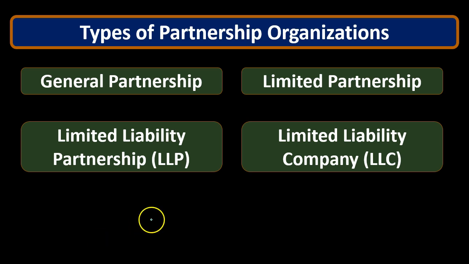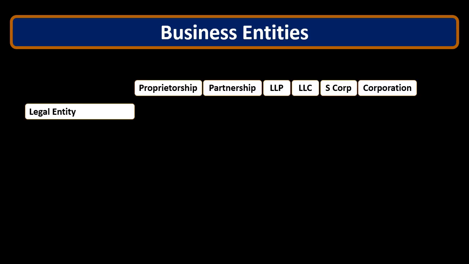The partnership, or the LLC and the LLP, are an attempt to put in that limited liability shield, and still be a flow-through entity to eliminate the double taxation. So the accounting for them will be much the same. It'll be very similar to the partnership type of accounting. In essence, we're looking to act like a partnership and still get some of the benefits of that corporate type of organization, that separate entity.